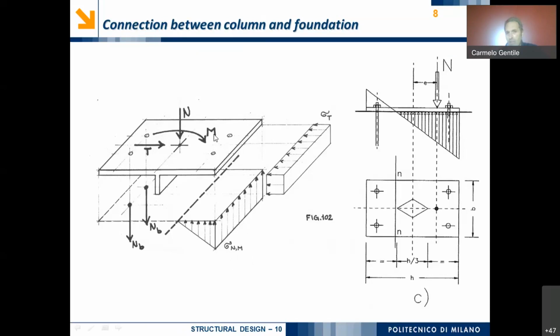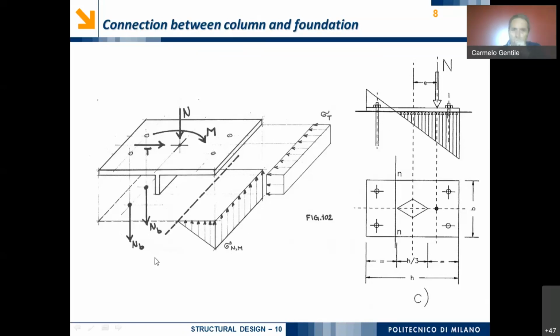And remember that this bending moment will be equal to N times the eccentricity e. So we have this triangular distribution of vertical stress, and of course we will have